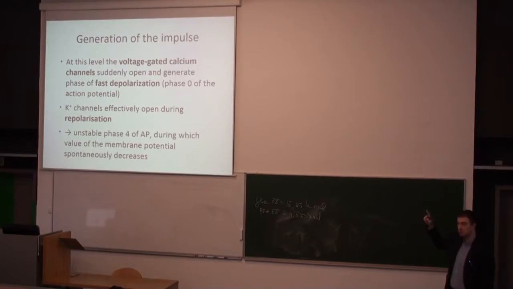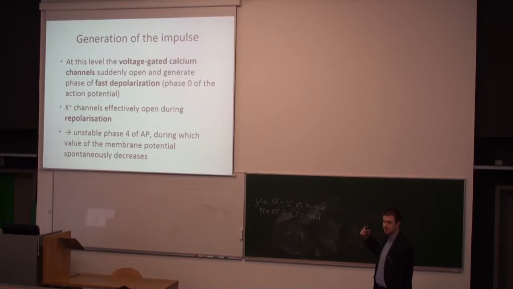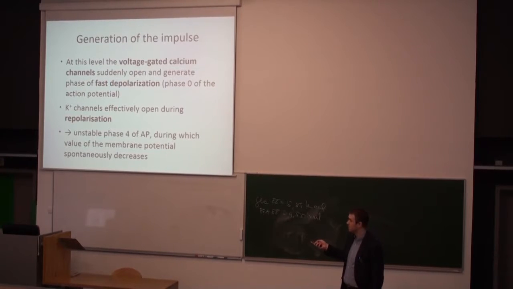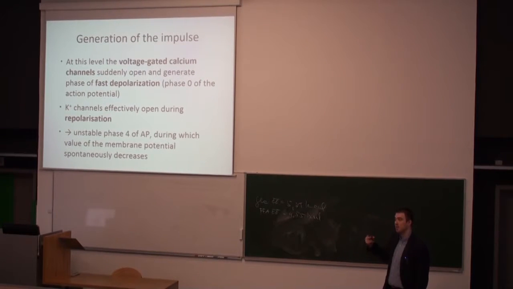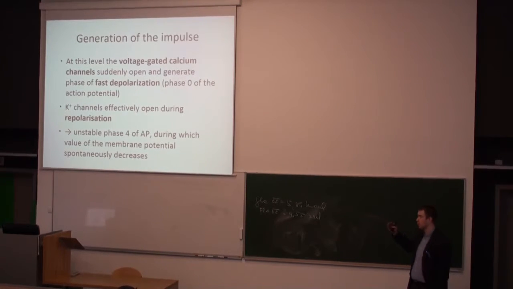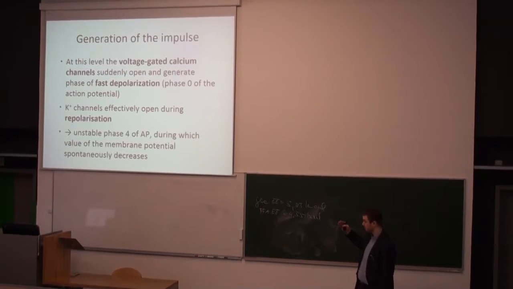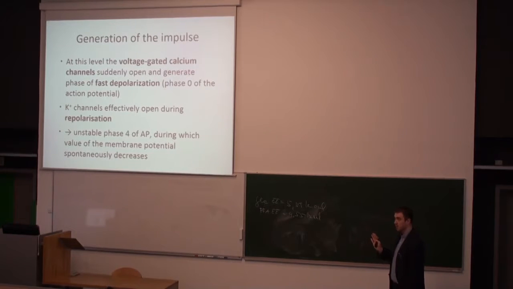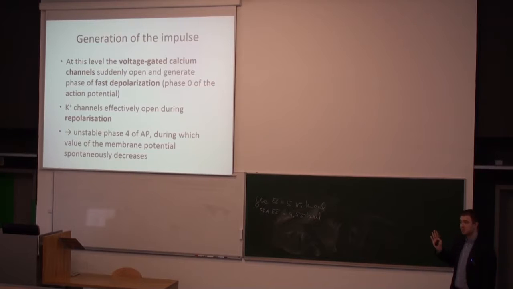Then you know that when you reach the peak, you must return the membrane potential to -60, -65. And this is done by the repolarization phase. The repolarization phase is similar to the neuron. That means potassium channels that enable the leaking out of potassium along the concentration and electrochemical gradient. After this, you will return to the very beginning, and you will start with the next spontaneous depolarization during diastole.